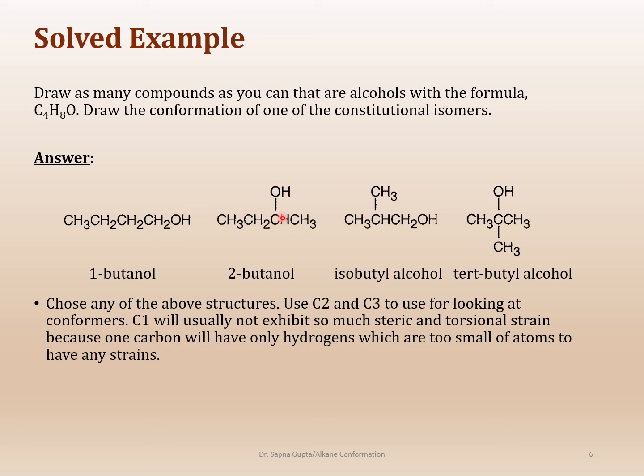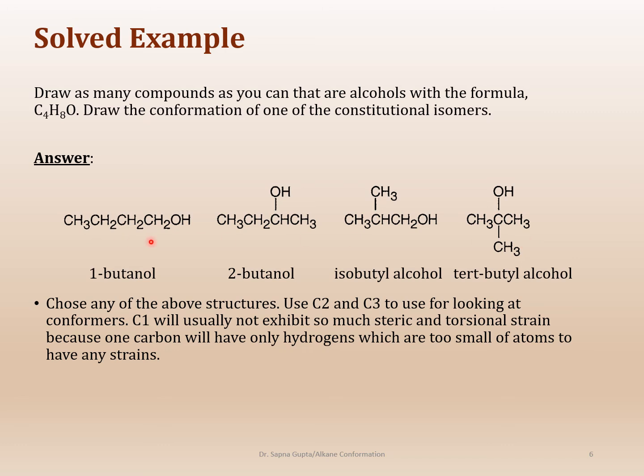So this is 1-butanol. This is 2-butanol because the alcohol has moved to the 2. This is isobutyl alcohol because this functional group, this alkyl group right here is the isobutyl. And here this alkyl group is T-butyl, and so this is 2-butyl alcohol. So anyhow, these are the 4 constitutional isomers for alcohol. And the question is, draw as many compounds as you can with that, and then draw their conformers as well. So what you will have to do in these cases, okay, is if you draw all of this out,